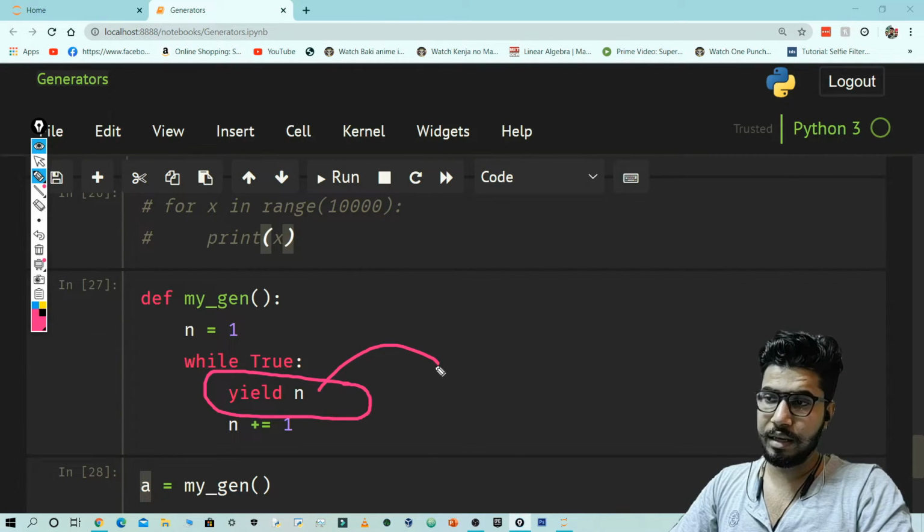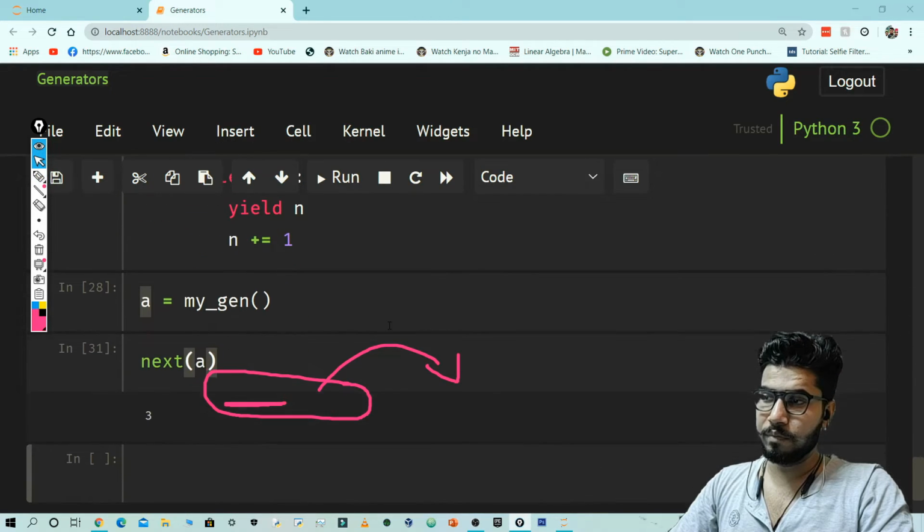It will just generate them and provide them to you. Whenever you have this yield keyword, it will give the value out to its object.